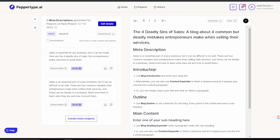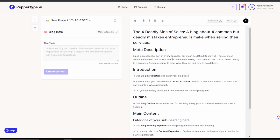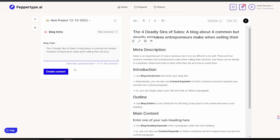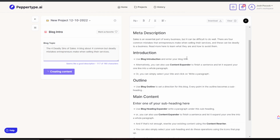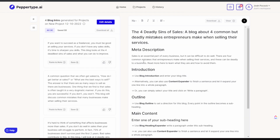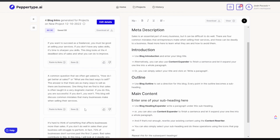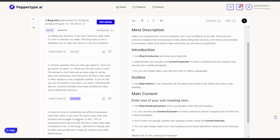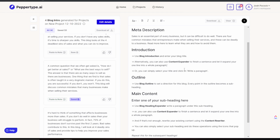Delete this, boom. Introduction, so use blog introduction. A blog topic here. Okay, content. A lot of this, like I said, will be from just inputting the title of the blog. We're literally making an outline here, so the introduction. So, this. Save this. I'm just saving other stuff. So, introduction,